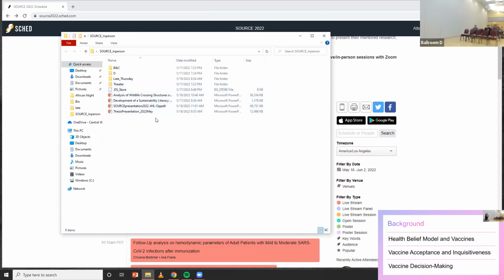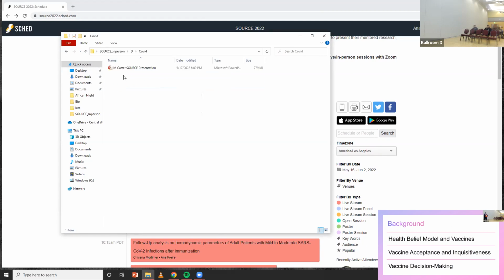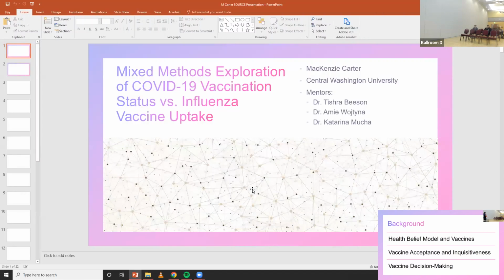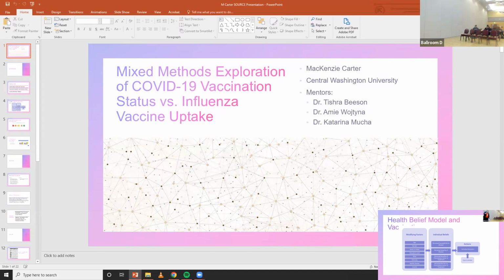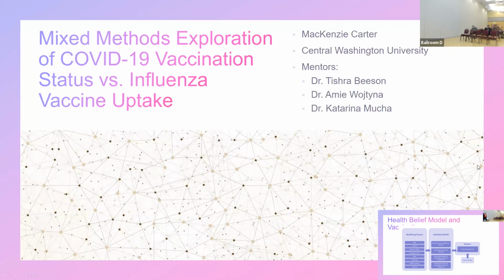Okay, so I'm going to provide a little bit of background today, including how the health belief model can be used to look at vaccine decision-making, vaccine acceptance and inquisitiveness, and overall vaccine decision-making. The health belief model is a health behavior theory or framework that looks at how people make decisions about their health. And in terms of vaccines,